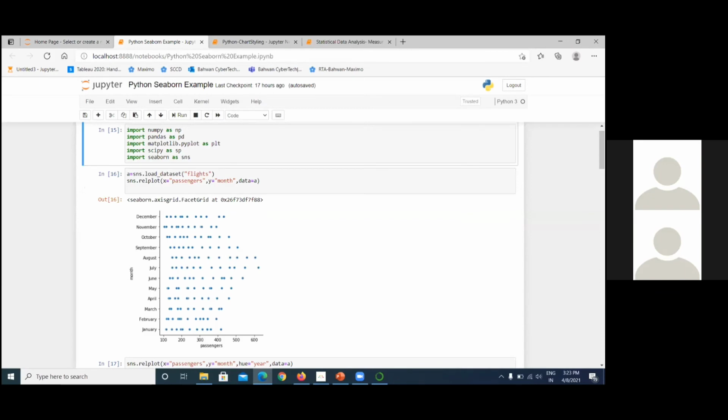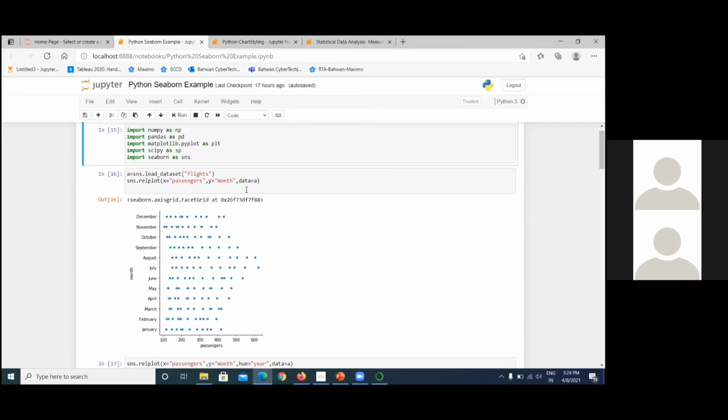Okay, so this is a program. This is one of the advanced programs in Python. I'm using a different library here as well, Seaborn. Seaborn is a library where we can make advanced kinds of charts and graphs. This is a simple program, but you can see there are many libraries available: NumPy for number calculations, Pandas for dealing with sets of data arranged in a form, Matplotlib for basic graphs, SciPy for scientific calculation, and Seaborn for advanced graphs.